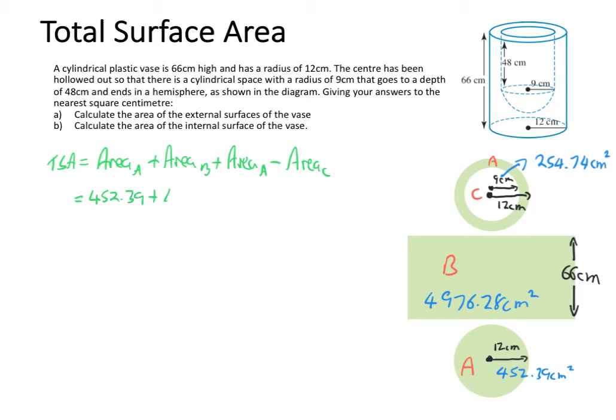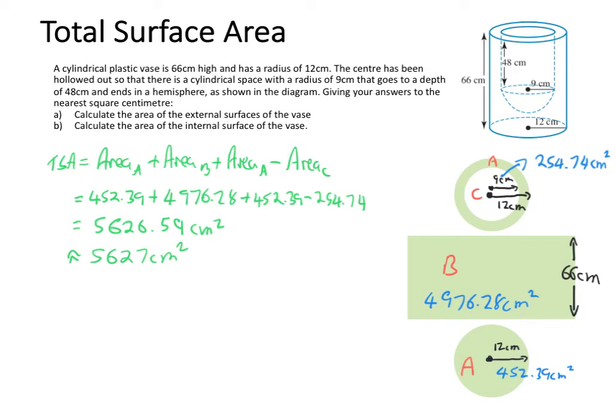452.39 plus 4,976.28 plus 452.39, subtract 254.74. So completing that on your calculator, the total surface area is going to equal 5,626.59 centimeters squared. And because the question asks us to round to the nearest centimeter, that is going to equal 5,627 centimeters squared. So the total surface area of the external surfaces of my vase is